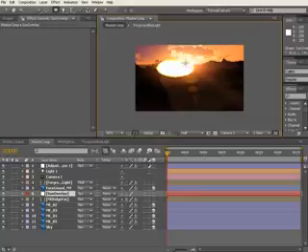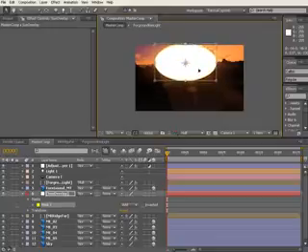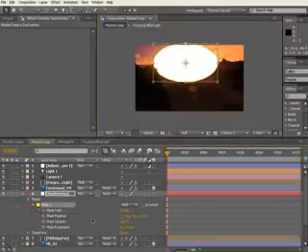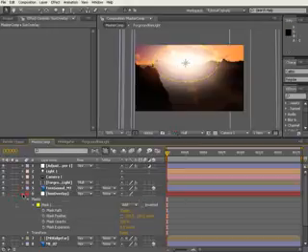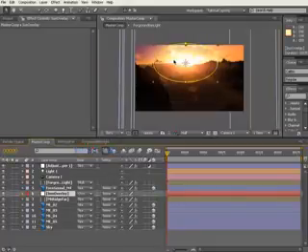Just going to draw out something like that is fine, and just reposition it back up to where the sun is, and that's going to work nicely. We'll give it a nice fall off for the mask. You don't want to fall it off so much that it doesn't have a sort of a solid central area there. And now we're just going to change the mode to overlay, and I'll switch that on